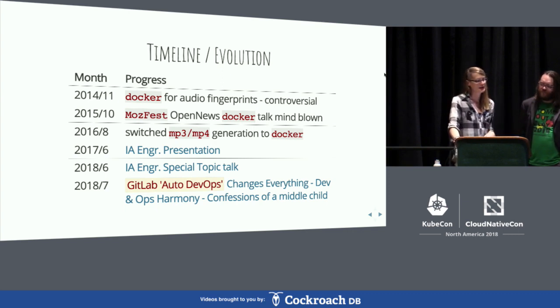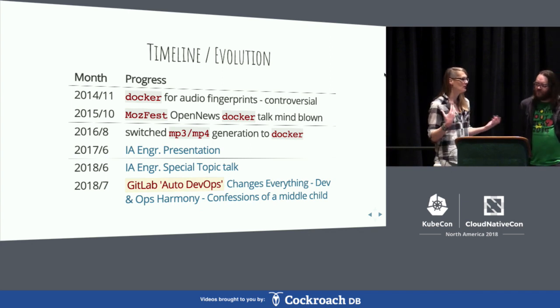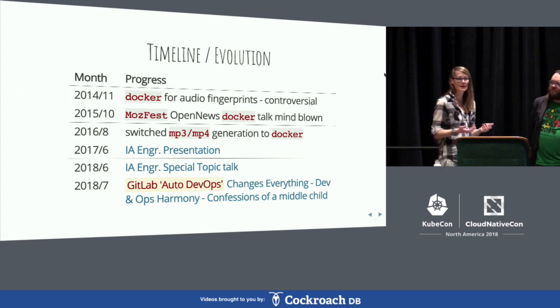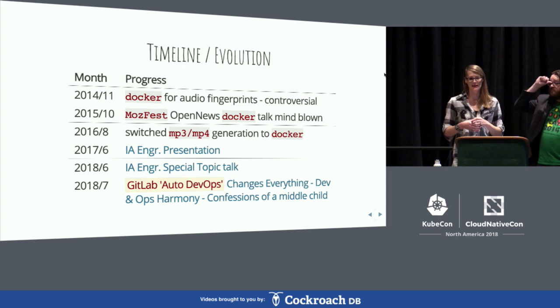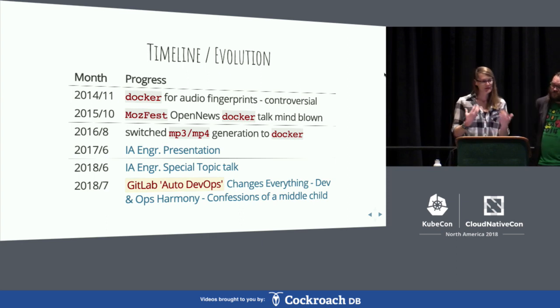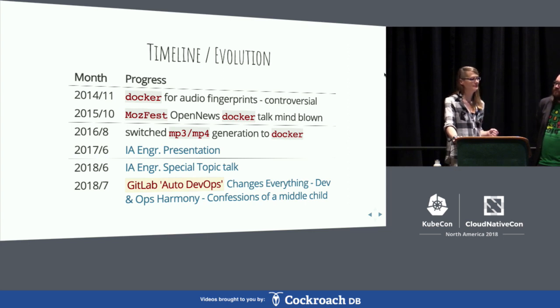So almost another year. This is right before Dave and I started sort of pairing up, but we started giving some talks about how we should think bigger than Docker, think about Kubernetes. It was starting to really take off, and we were really excited. So we gave a few talks, and they went pretty well, but there was some skepticism. I'm more of a developer, David's more of an ops person, but we meet in the middle, and we were getting a little bit of resistance. I think that's pretty common.